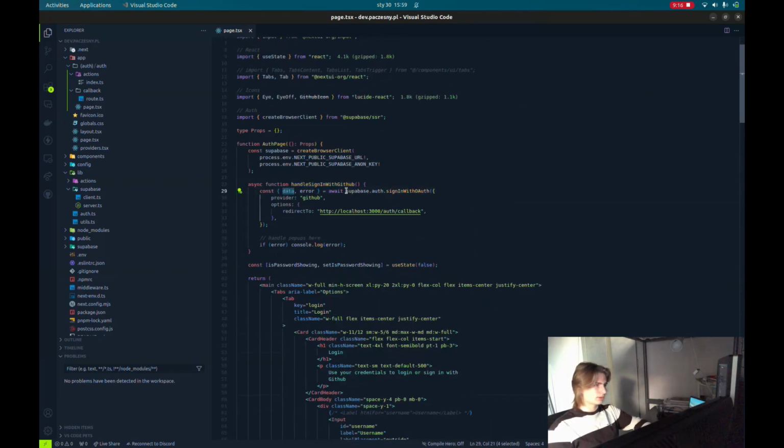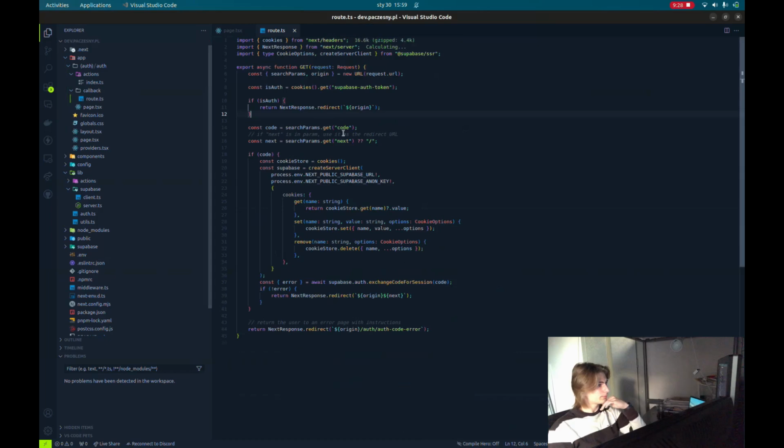it basically takes in the provider and options, and I added the redirect to URL so that I can handle the code that it gives me back. And now for the callback route, we have it here. We are basically taking the search params and origin of the request. We are checking if the user is already authenticated. If they are, then redirect them back, and if not, then we get the code and the next parameters